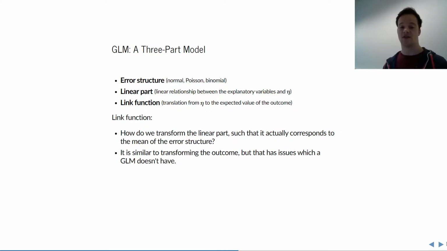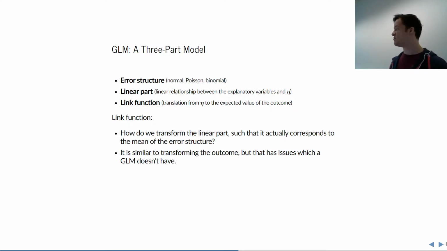Now, the link function is the transformation that translates from the linear part to the expectation of the error structure. It doesn't have to necessarily translate to the mean, but that's something I'll explain all the way at the end. What it does do is it is very similar to transforming your outcome variable, but applying a transformation to the outcome has certain problems that are a bit beyond this course, but just take my word for it that a